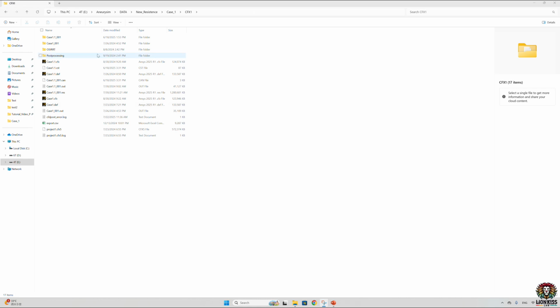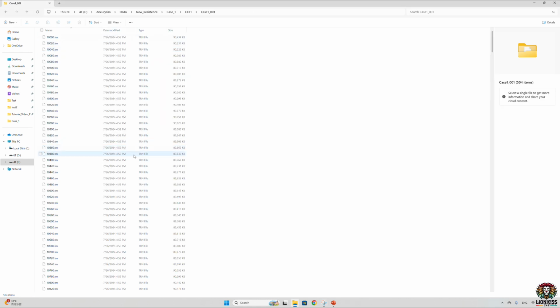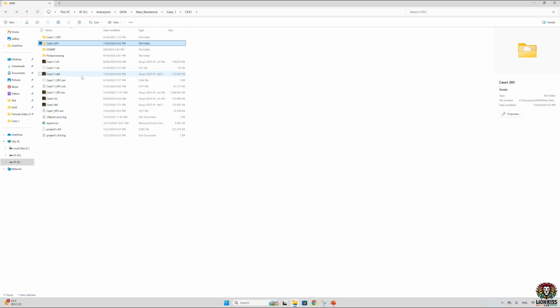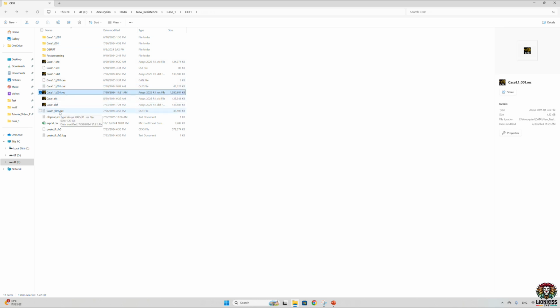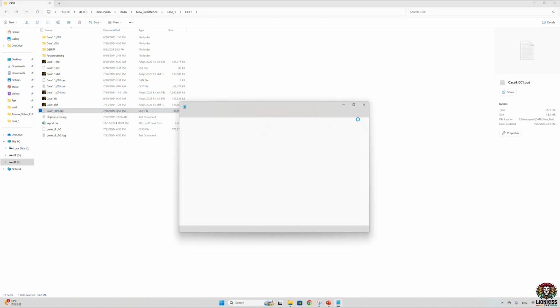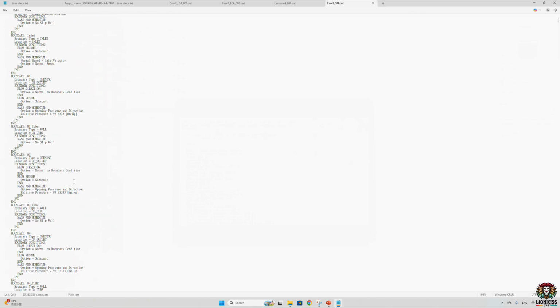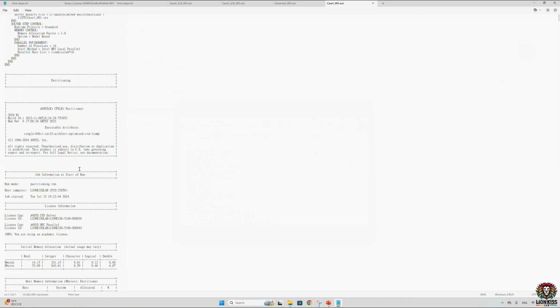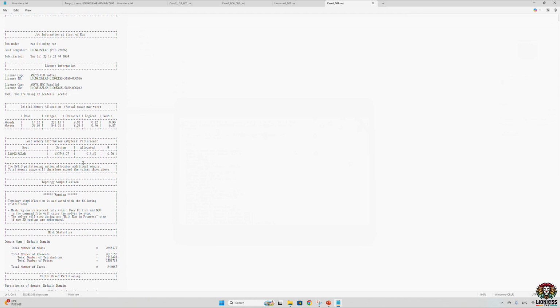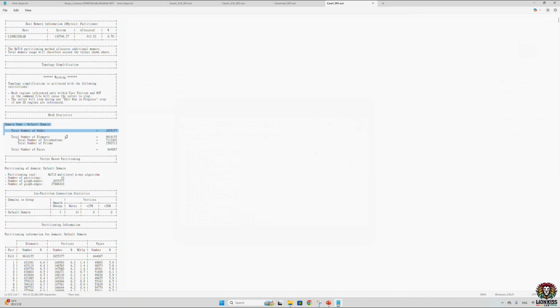So after running the simulation, you get these files. You can see there are around 504 items, and also you can get the case file result and case one out. If we open the case one out, here you can see the details of the simulation. If you go down, you can see the total number of elements, like 99.6 million total elements, and 7.1 million are tetrahedrals, and 2.5 billion are prism layers, and total